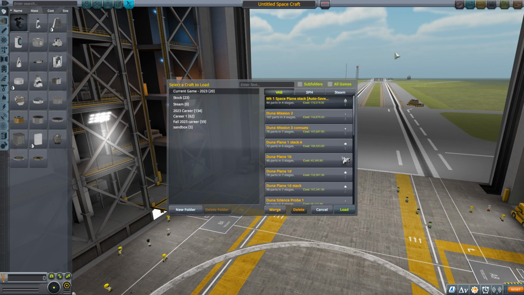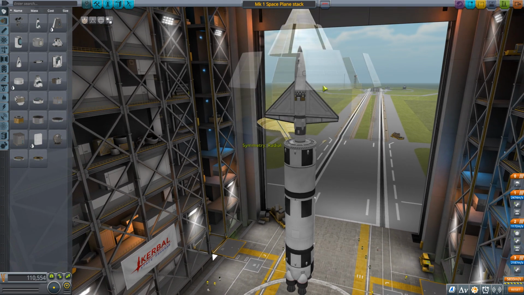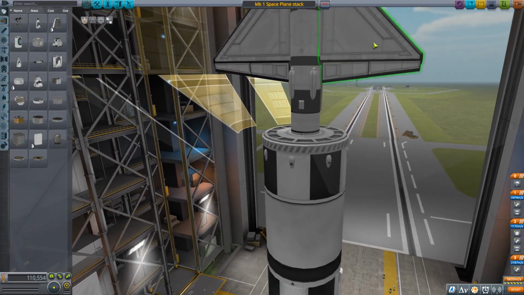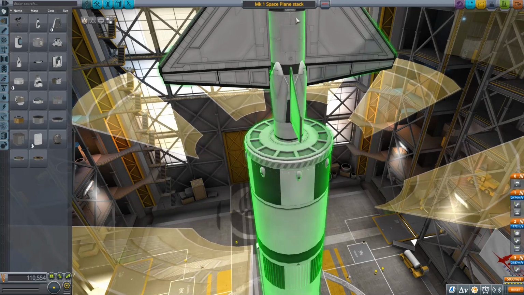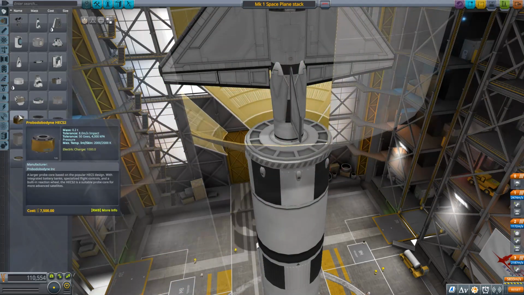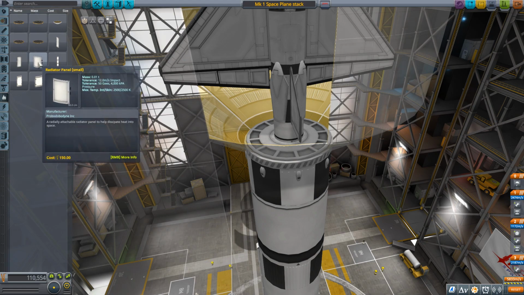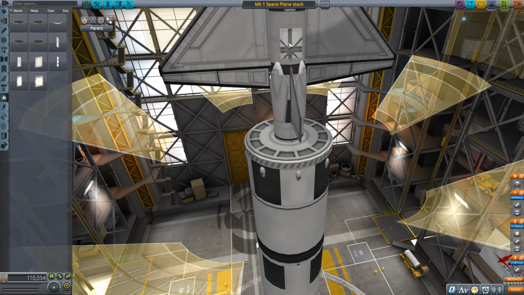Today Val's going to be flying the Delta Dart over to Minmus for a landing. Now Jeb already flew this to the Mun and back, and I ran into a problem during re-entry. The nose cone got so hot that it was still glowing red when we landed. So we're going to pop a little radiator on here and see if we can help it cool down faster